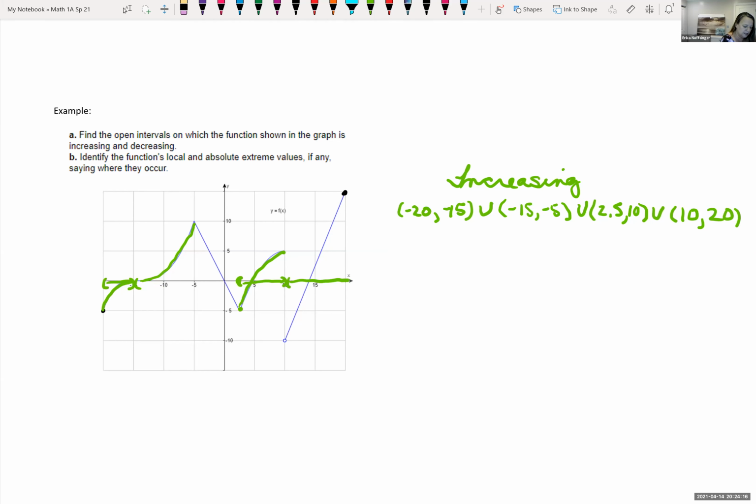Okay, so same idea for decreasing. We're going down, we're looking at from negative 5 to 2.5. And the graph doesn't go down any other place. And then it wants us to identify absolute